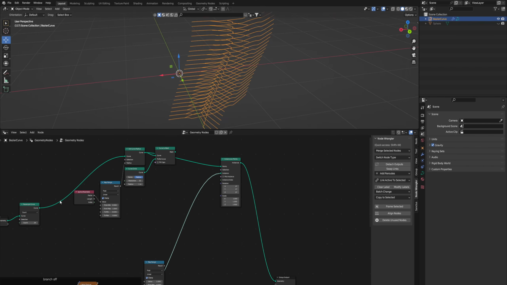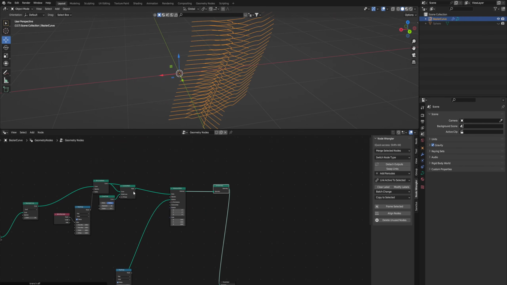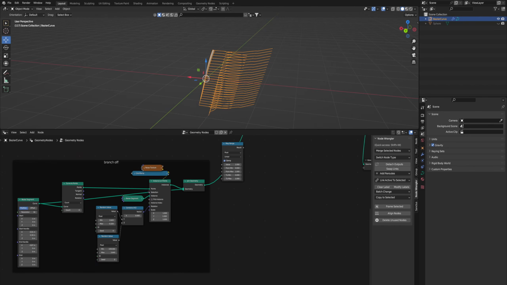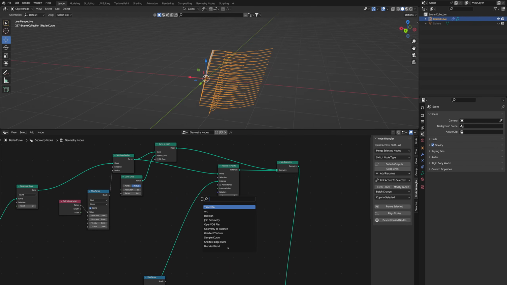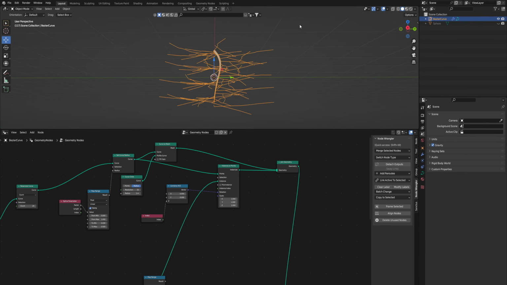So you can see now, add a join geometry again and bring it over near the end and bring this curve to mesh, which is the stem. We're going to bring that in here so we can see that too. So the rotation's a bit off. We're going to do somewhat similar, the same that we did for the branches. So I'll use a combine XYZ, bring it in here, connect it to the rotation, and I'm going to use an index. Once we put this on the Z, it should rotate them all away from the original curve.